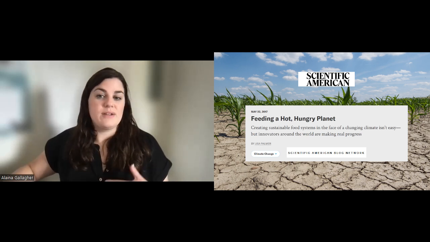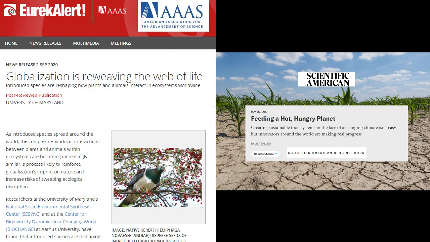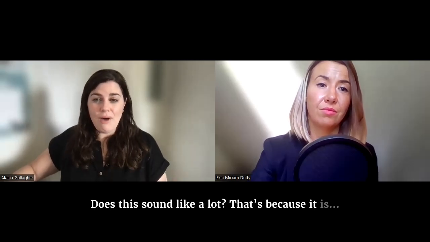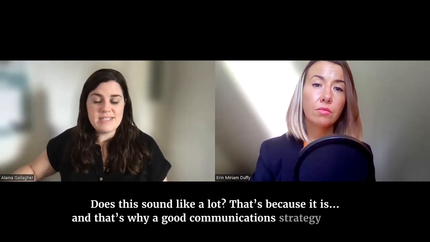As we know, journals often have a really short turnaround between the time when they accept a publication and when they actually publish it. And if that's the case, you just might not have enough time to figure out how you're going to get the word out about your paper. You have to think about things like, do you want to write a blog or do a press release? And if so, where will you post it? Do you have a contact for that place? Is there enough time to circulate it among your co-authors and make sure everyone agrees on the messaging?